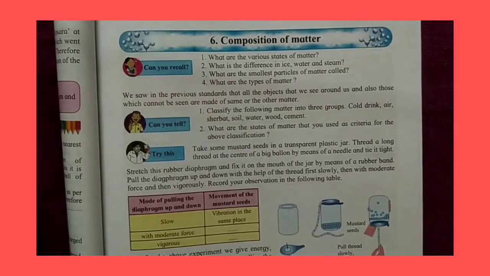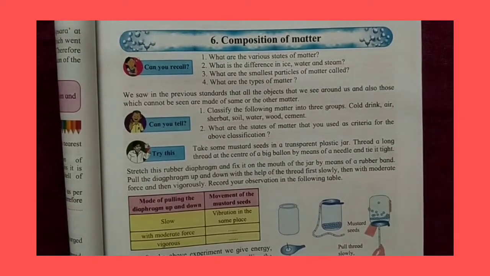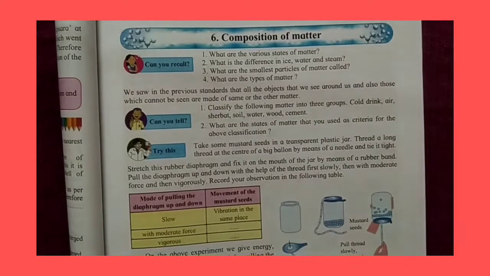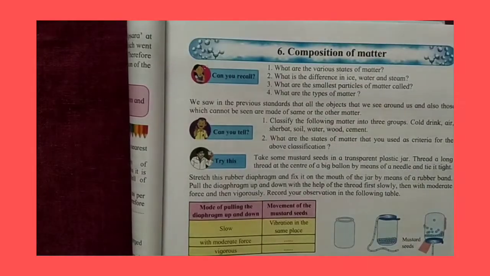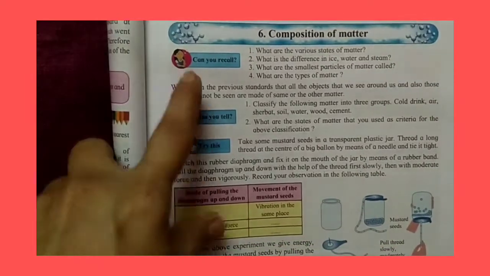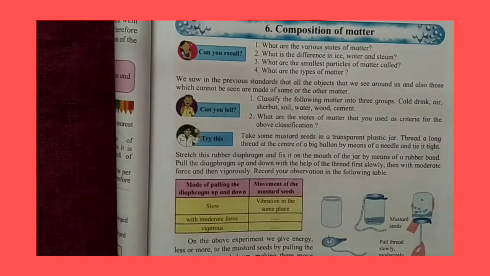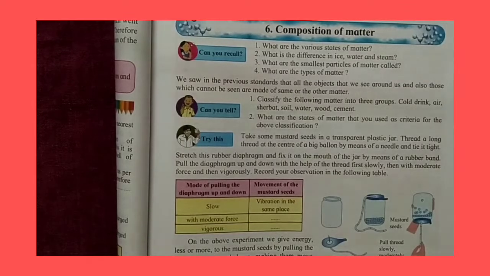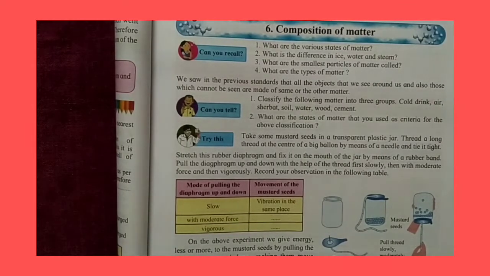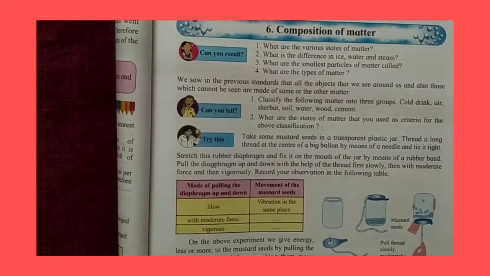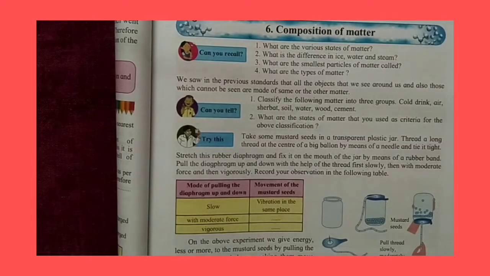Now what is matter? We have seen in the last lesson. All the things which we see around us is matter. So matter has some mass, some weight. So what are the various states of matter? Matter is all the things which we can see around us. The different states of matter, जो भी चीज़ें हमको आजू बाजू में नज़र आती है, they are mainly 3 states of matter. There are 3 states of matter which can be seen by our eyes. They are solid, liquid and gas.